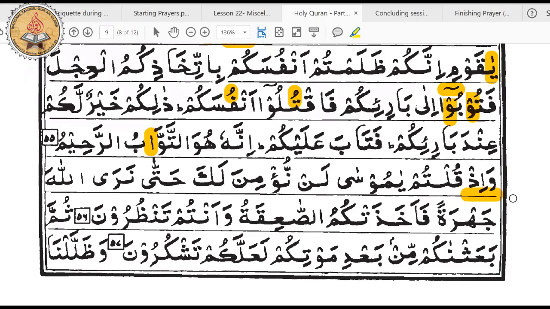Bismillahirrahmanirrahim. Wa iz qultum ya Musa lan nu'mina laka